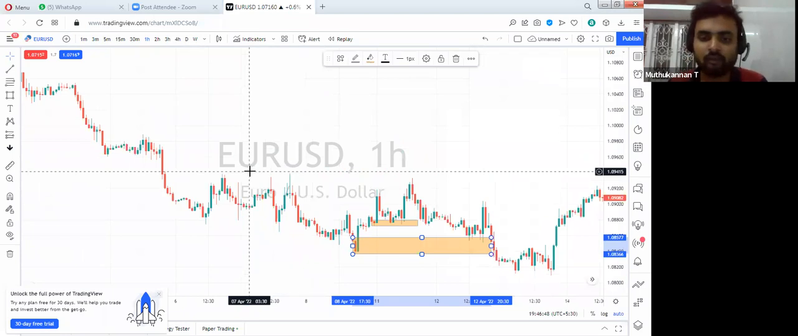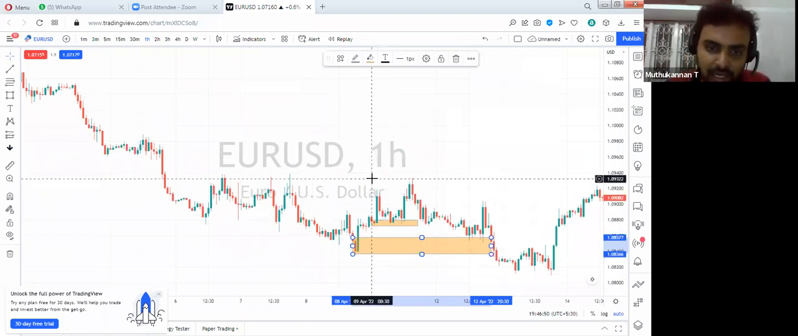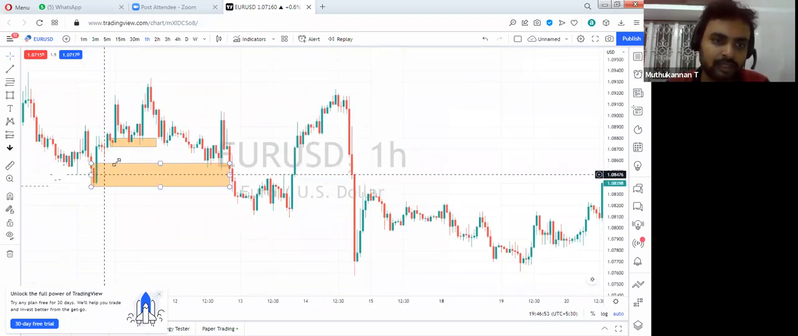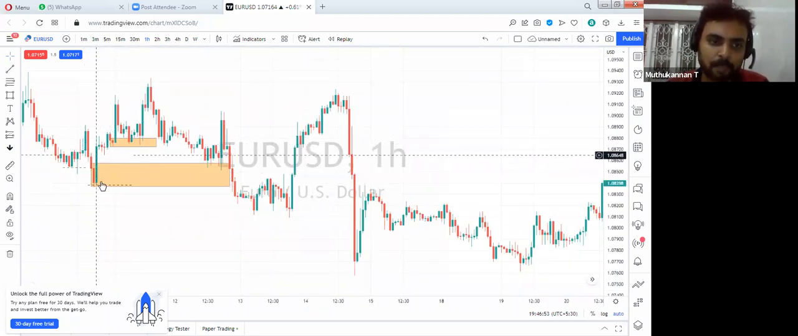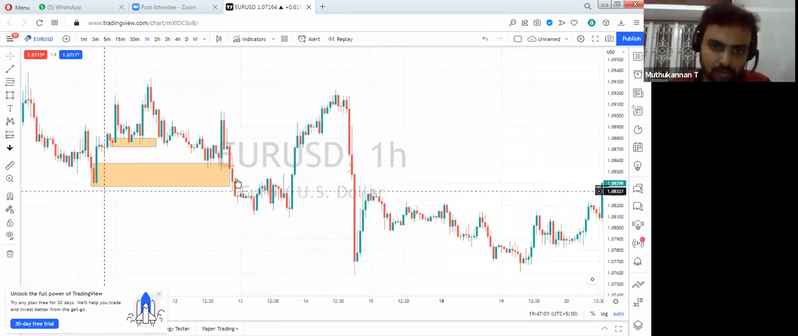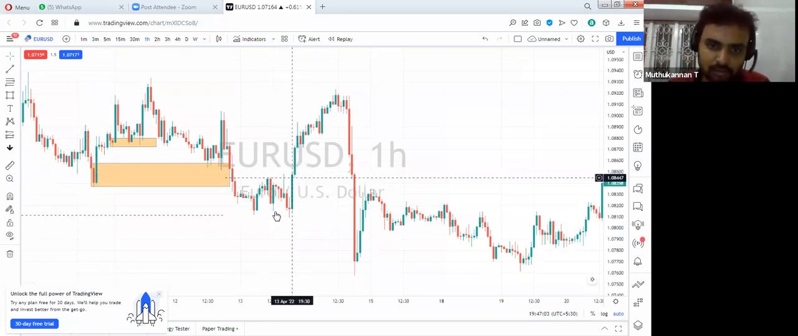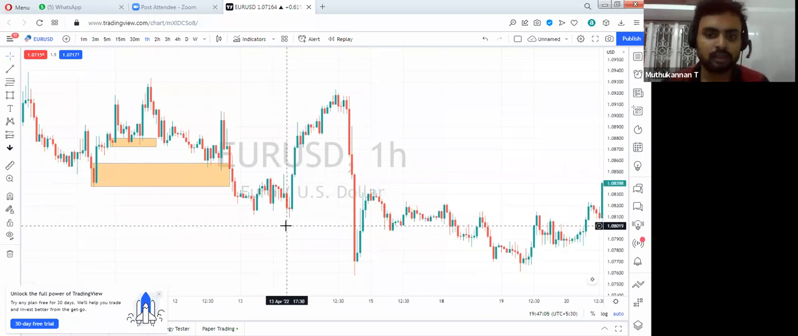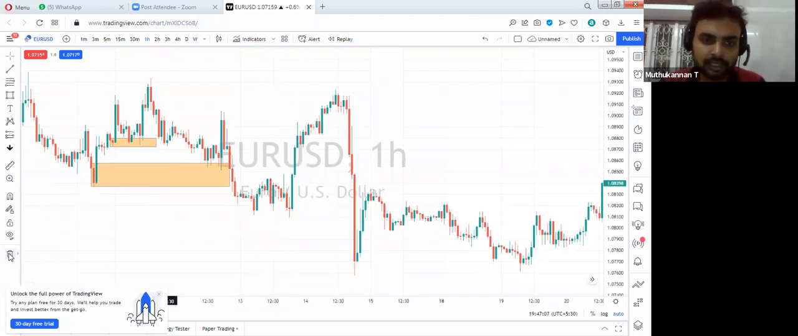What is the logic here? The logic here is why this last candle is called, what do you call it? The bullish order block. Why are we calling this a bullish order block? Right? The thing is, it is understandable that